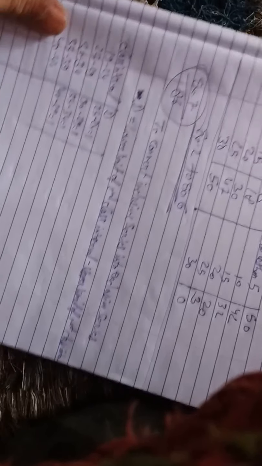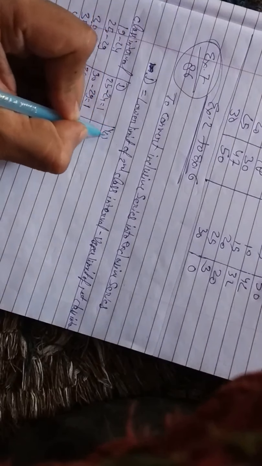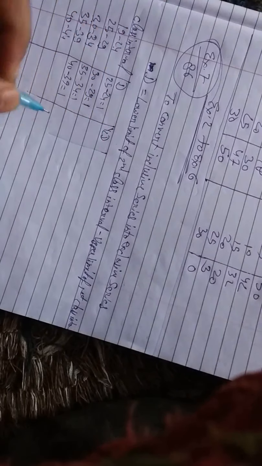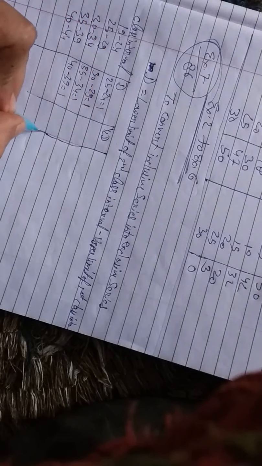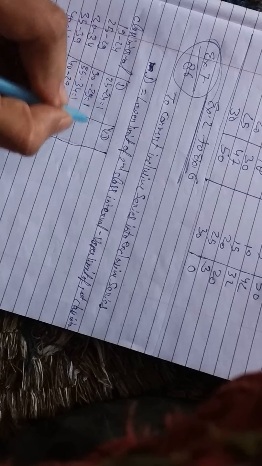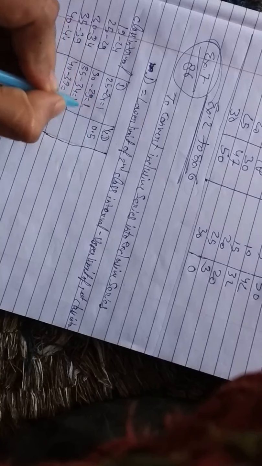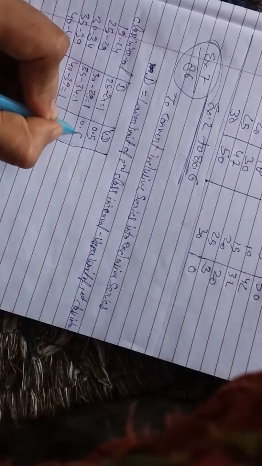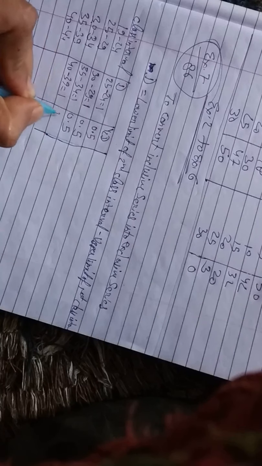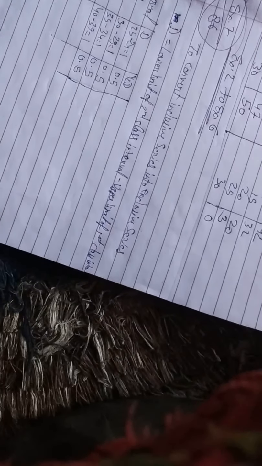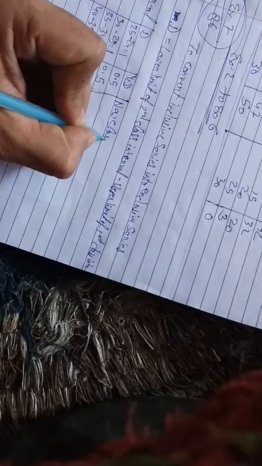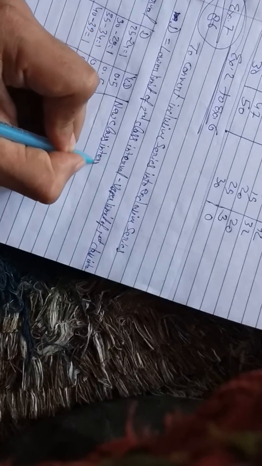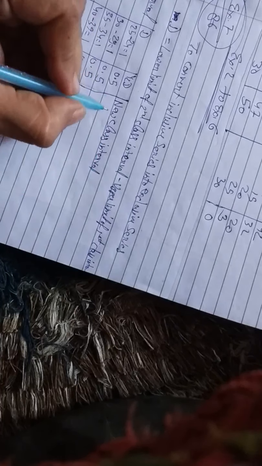Now what do we do? We will take half of D, that is 0.5, half of 1, 0.5, again 0.5 and again 0.5. Now we will make the new class interval. What is the new class interval? We'll write the formula here.